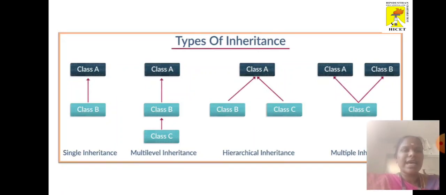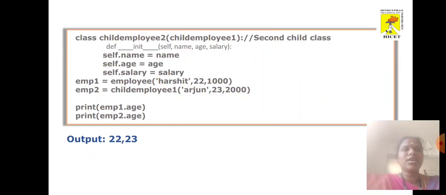And third one is hierarchical inheritance. Class A should be derived into two types, class B and class C. So in class B and class C we have to pass class A. And in multiple inheritance, we have two parent classes. Those two parent classes should be passed into the child class. So this is the main difference between the